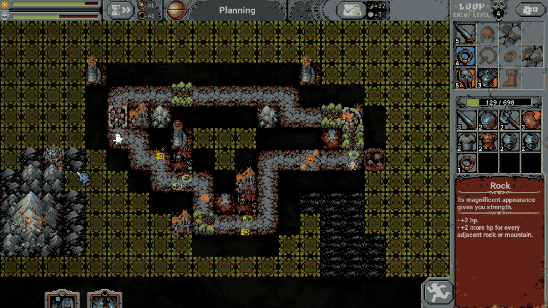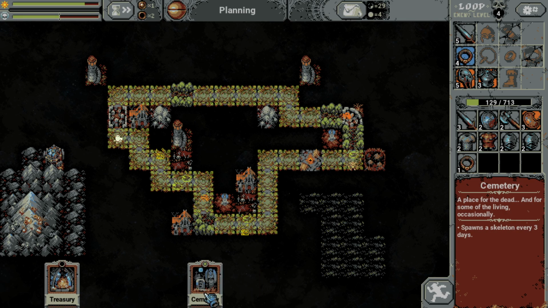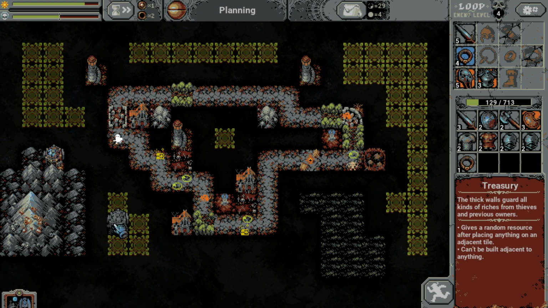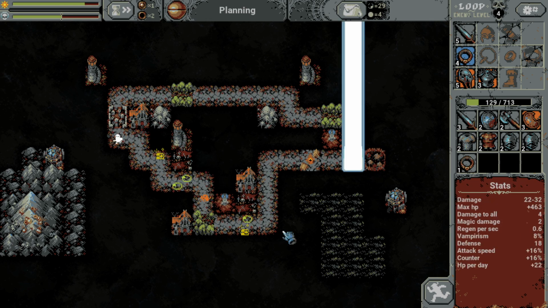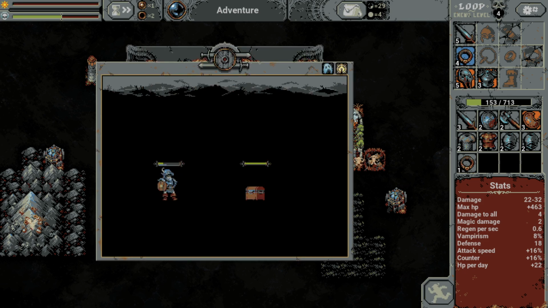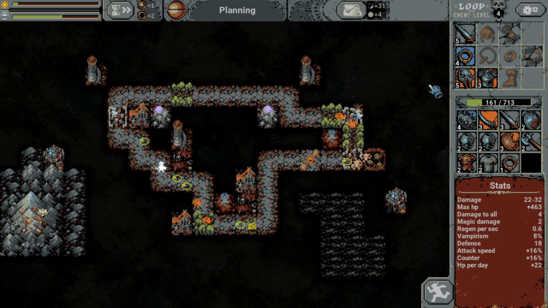Going to add on to this rock, assuming that counts as an adjacent tile. Yes, it does. Gives a random resource after placing anything on an adjacent tile. All right, well, I'll place that there, and I'll add that into my meadow. Might as well just continue placing stuff. Equals slash damage? Okay, fair enough. I would call that splash, not slash, but...